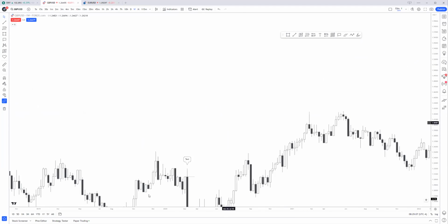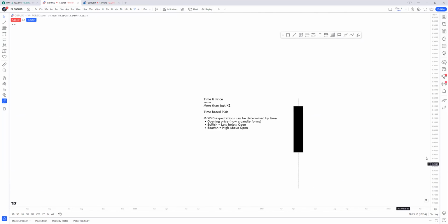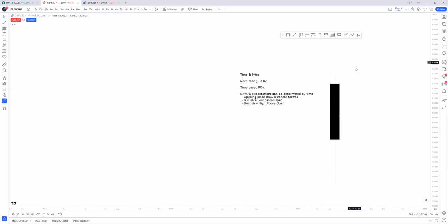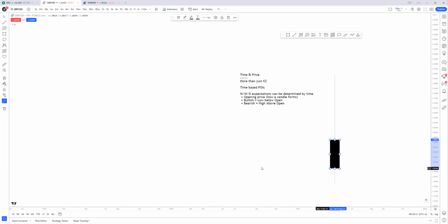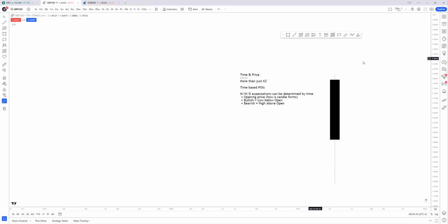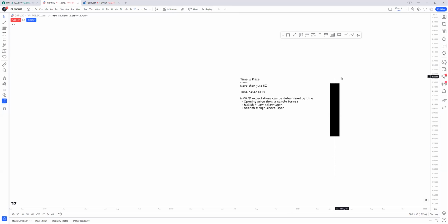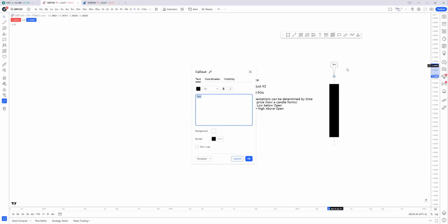So what we expect with the formation of a candle is, at the open in a bullish scenario, that price will pull down to some sort of higher time frame POI, for example, manipulating price, grabbing some sort of liquidity, some sort of draw on liquidity below, before pushing up and then targeting whatever it needs to target. This is on a weekly basis, a monthly basis, a daily basis. So our job then becomes, in a bullish scenario, we're going to call this a bullish bias and bullish candle,